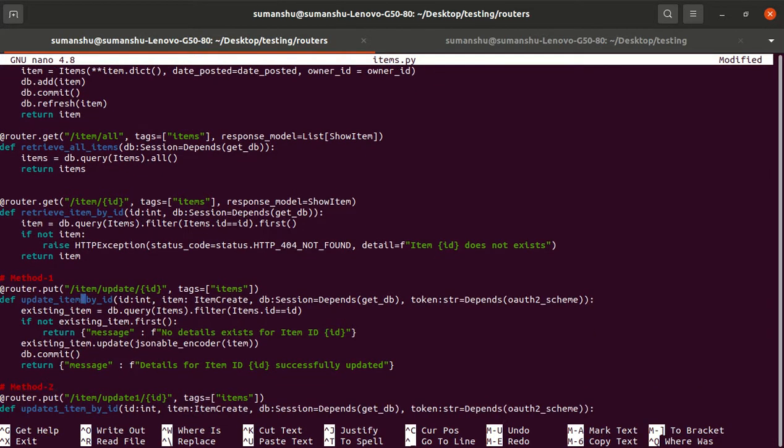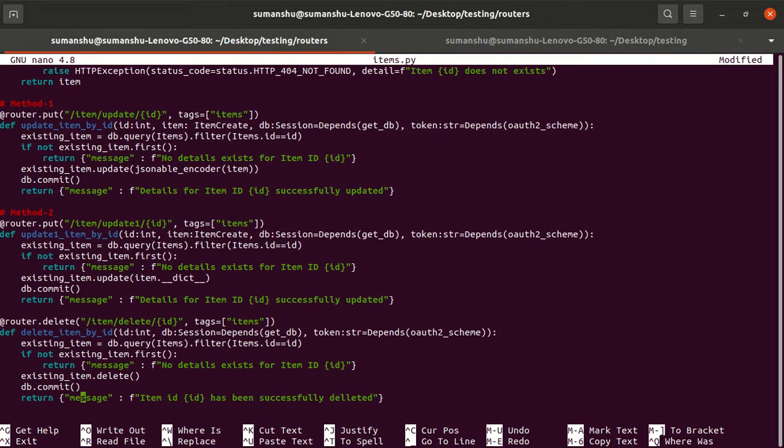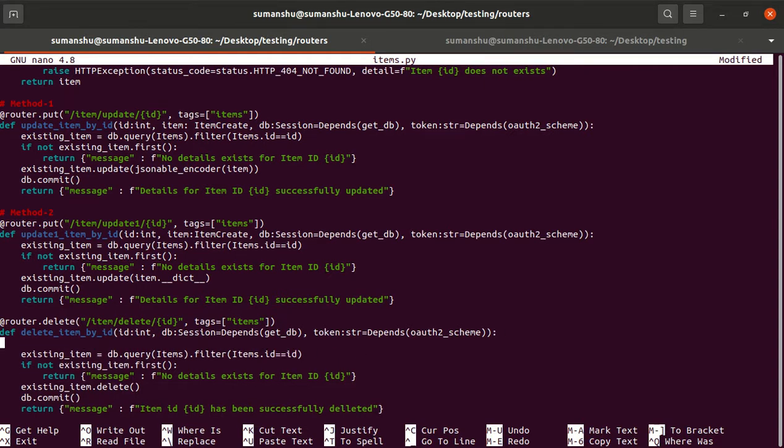So now we have to implement the same logic into the put method. Or rather than the put method, first implement it into the delete, because right now anyone is able to delete the item, because there is nothing like that. So anyone can delete the item, but we will not allow this. So what we will do, we have the token. So we will check whether the particular item which the user is trying to delete is created by the particular user or not. So how to get the user?